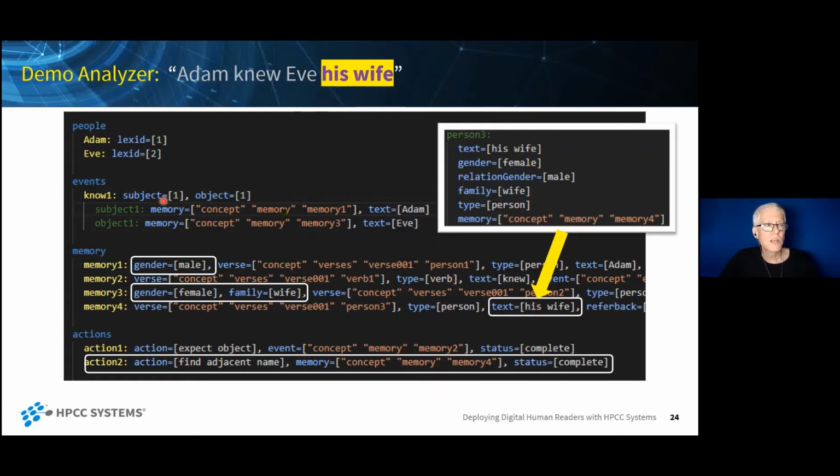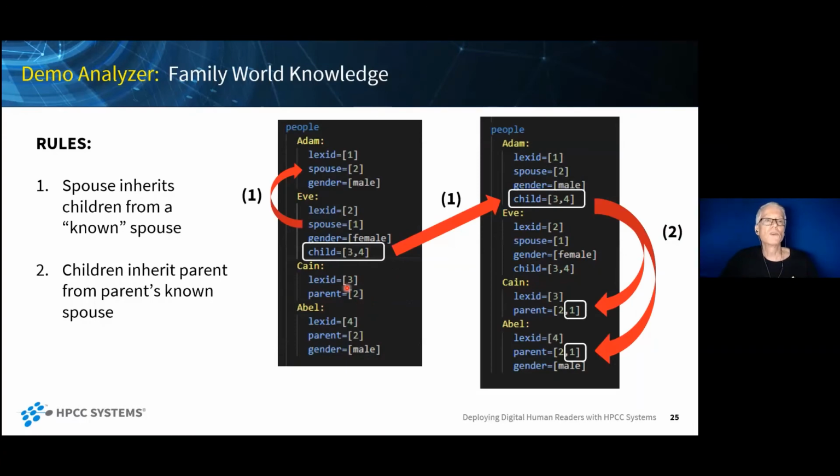Then when you do it, it's the object of know. It knows the possessive knowing is going to be the subject Adam. So it's going to say Adam gets the his or male marker, and Eve gets the female marker and is the wife. So this is how the system is reading and understanding. Again, this is just pointing out what the system is doing. And the last thing, of course, is what we end up with when we parse everything, which I'm not showing all of, but for the sake of time,